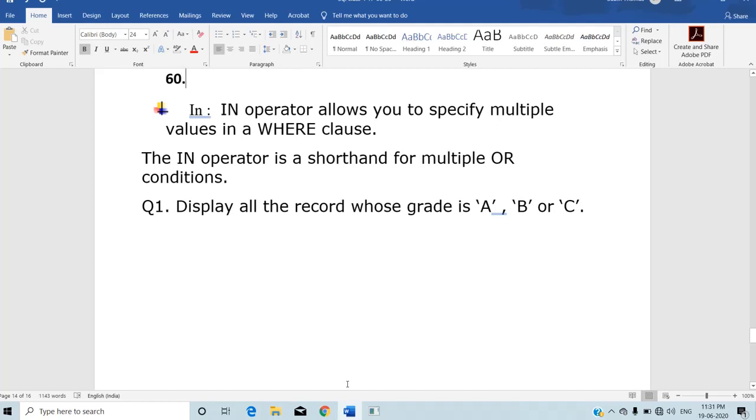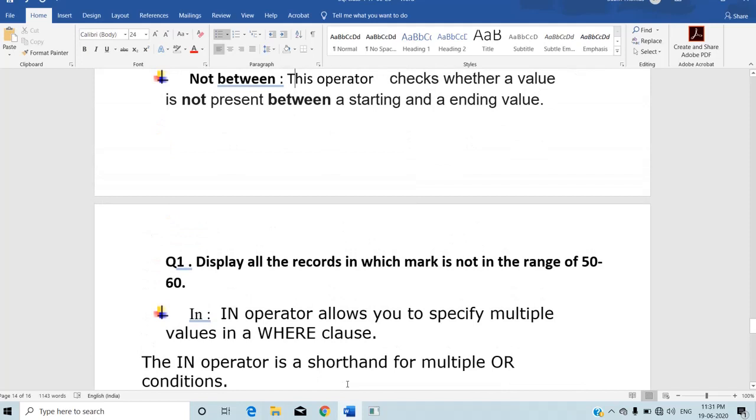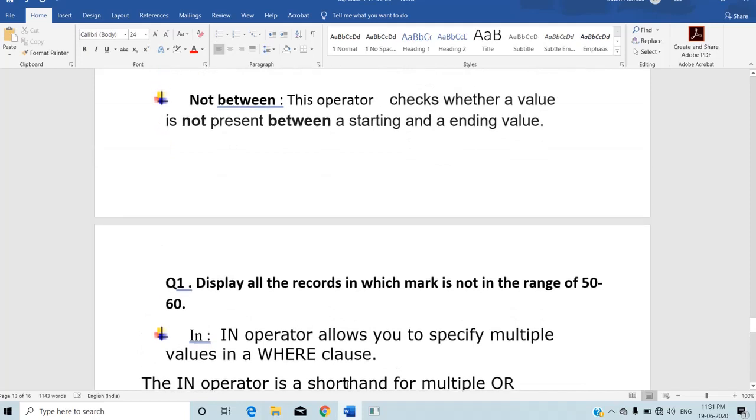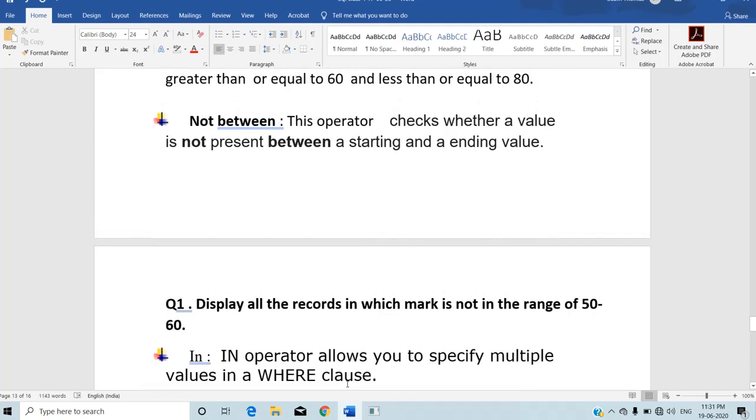The IN operator will replace the OR operator. Instead of the OR operator, you can use the IN operator. And the BETWEEN operator will replace the AND operator. It is used to check whether that particular attribute is coming under a particular range of values.